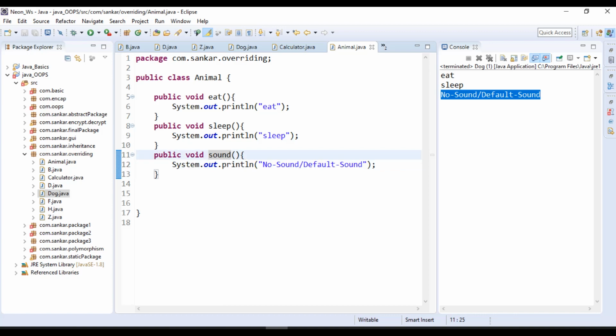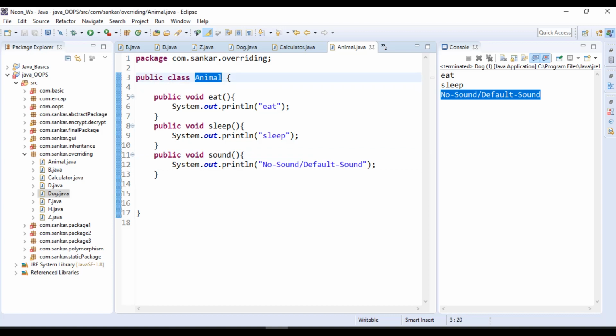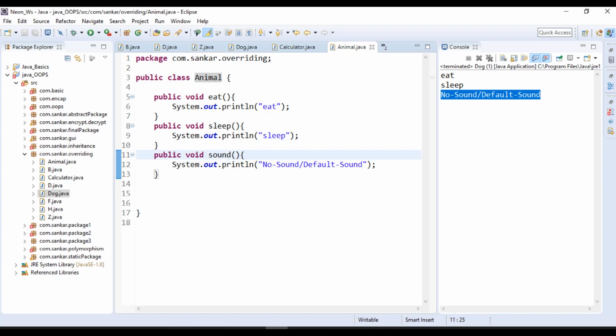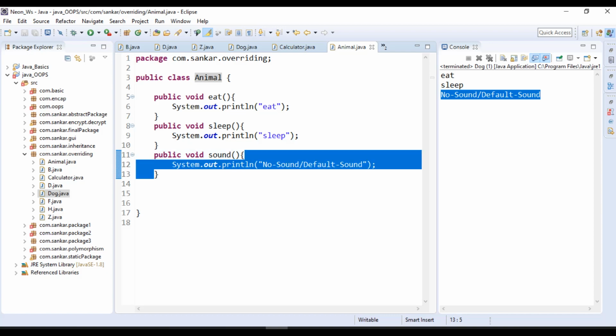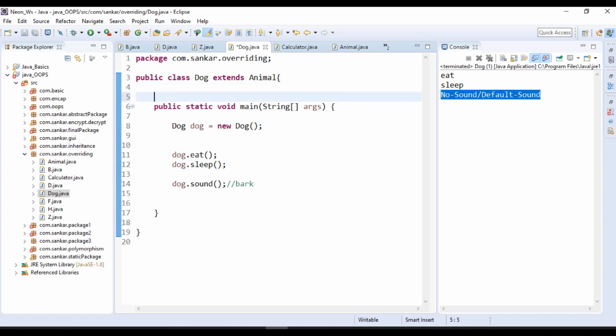So the conclusion is very clear. The animal class becomes a parent class when we compare with the dog class. The animal class contains a few methods, and one of them is the sound method. In the sound method we gave only a default sound, nothing else. When the dog class asks the animal class, can you change this sound method implementation, the answer is that the parent class won't be able to change those method implementations. So the alternative way is we need to properly override it in our child class, then we can implement our own kind of business logic.